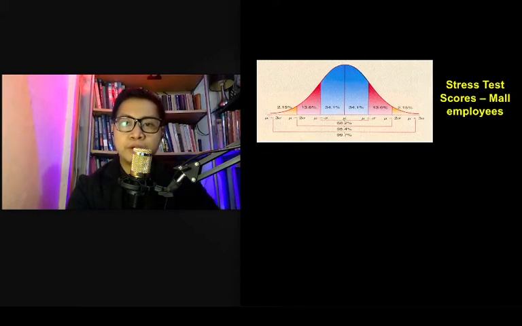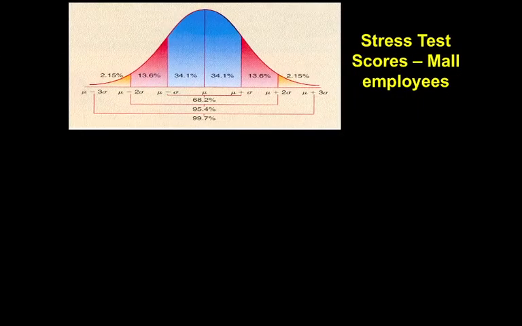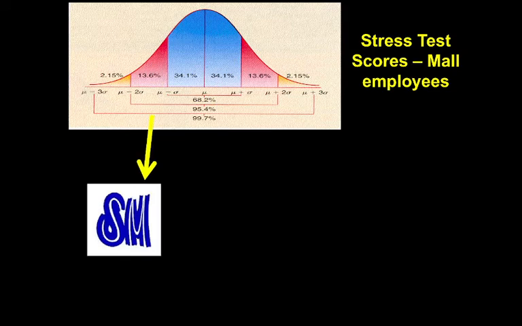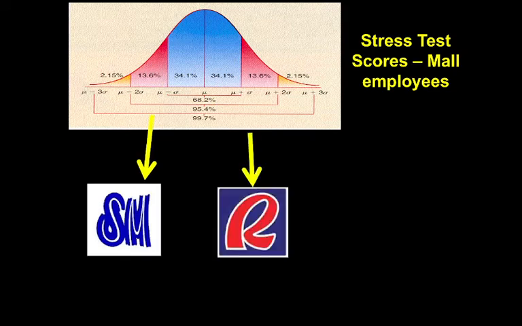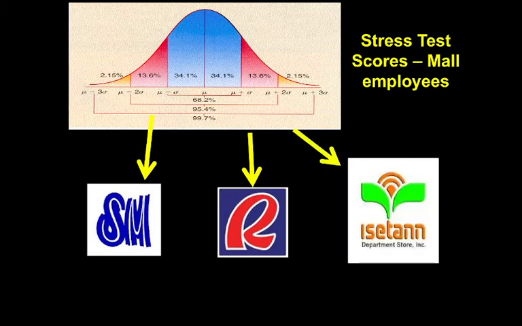Okay? Another example, let's say you are developing a test that measures stress among mall employees. So ano dapat yung gagawin mo sa norm mo? Sino dapat ang bubuo sa norm na binubuo mo? Dapat yung norm will represent more or less all mall employees in the Philippines. So dapat meron kang scores na galing sa mga empleyado ng SM, galing sa empleyado ng Robinsons, galing sa empleyado ng Ayala, at lahat ng mall sa Pilipinas. Wala pa dyan yung Fisher Mall, wala pa dyan yung Glorieta.